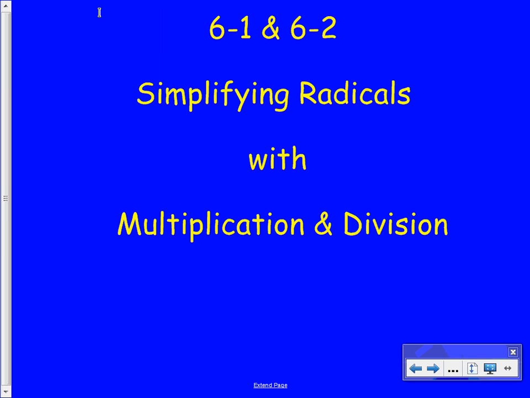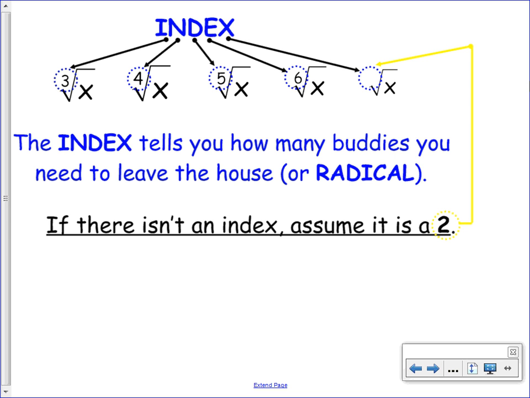Quiz tomorrow is going to be on this: simplifying radicals with multiplication and division